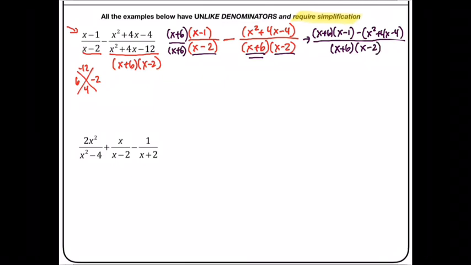Okay, so now, just like the other examples we saw in the previous video, we got to go ahead and really take some time and clean up that numerator. I'm going to go ahead and start by doing a FOIL here first, and then doing this distributive property. So I know via FOIL, let me just go ahead and do it right down below here, so we're not doing a bunch of stuff. So I'm just going to FOIL this guy right here. That's going to give me x squared,